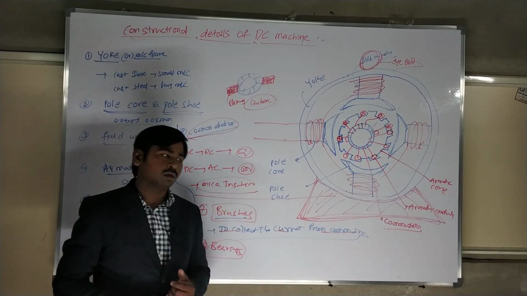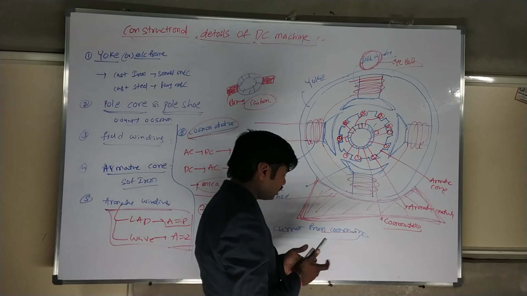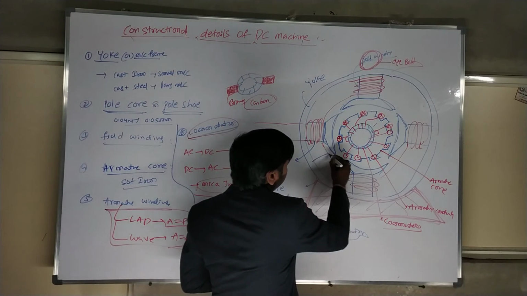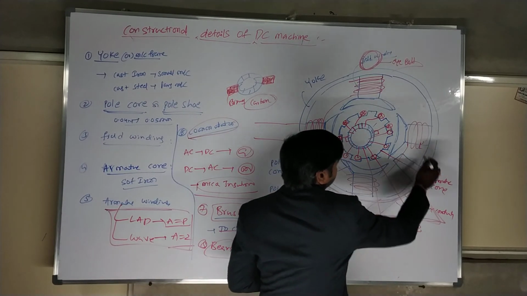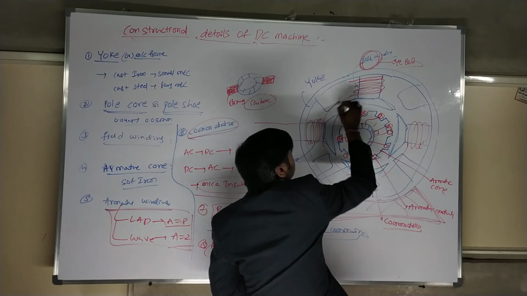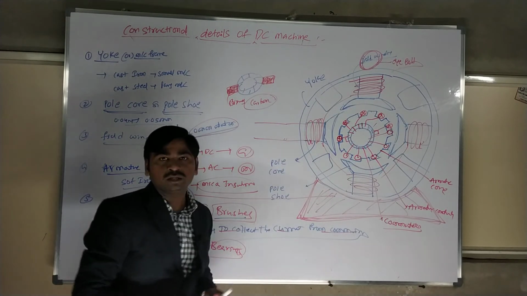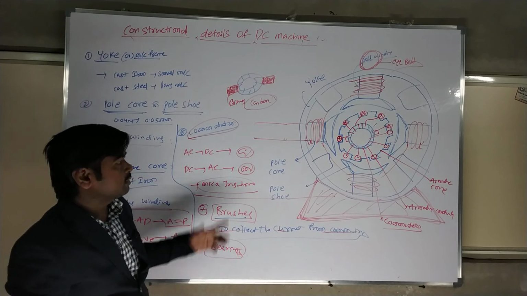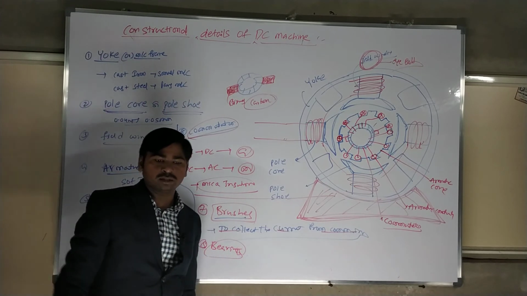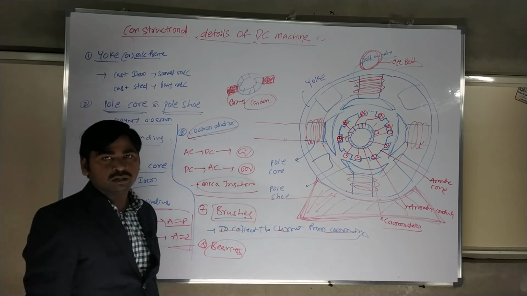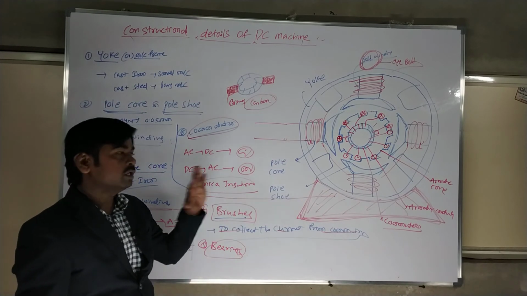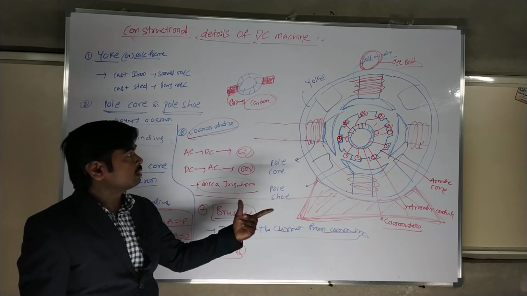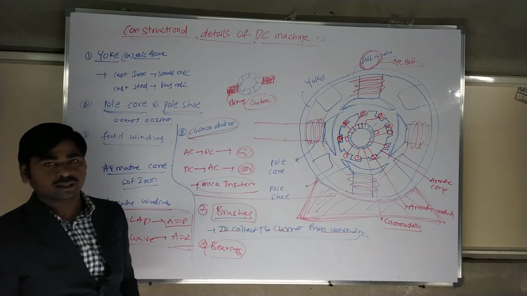We also have interpoles. If you want more extension topics, interpoles can be kept over here. We have the armature reaction topic, with cross magnetization, demagnetization, and commutation. To reduce these effects, you can go for interpoles. We'll discuss that; the topic comes under armature reactions. So interpoles will also be included in the DC machine constructional details.